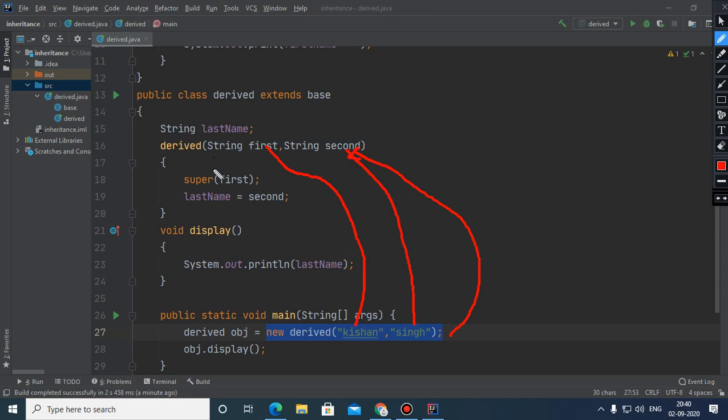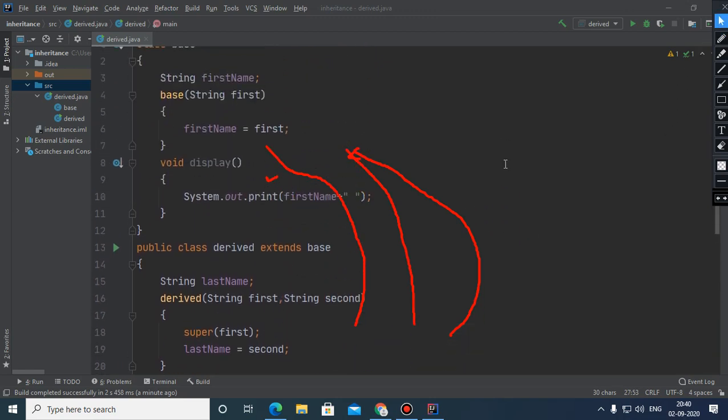The constructor of the derived class starts executing, and when the super first statement executes, control immediately jumps to the constructor of the base class, and the value first passes into the variable first, and from here it moves to the variable first name.